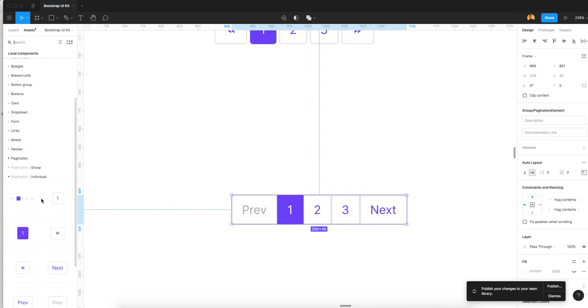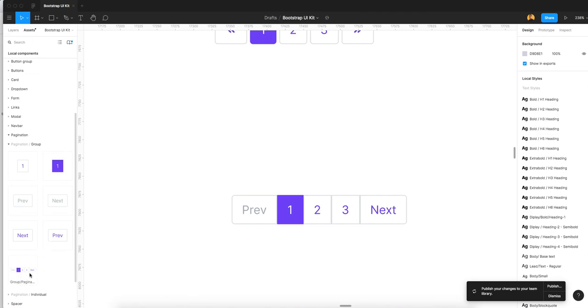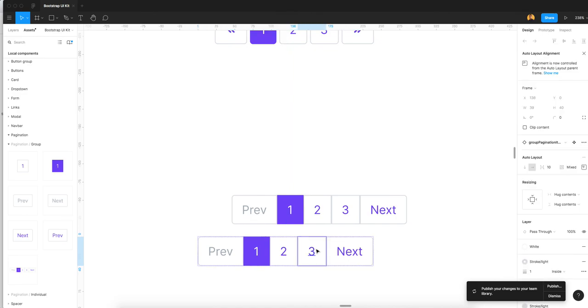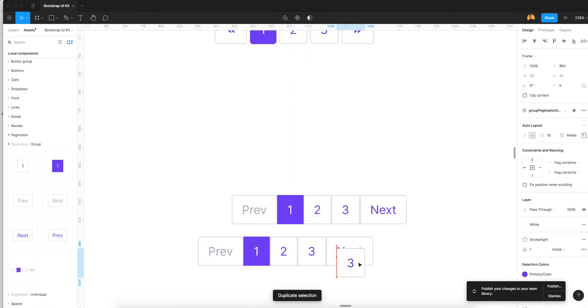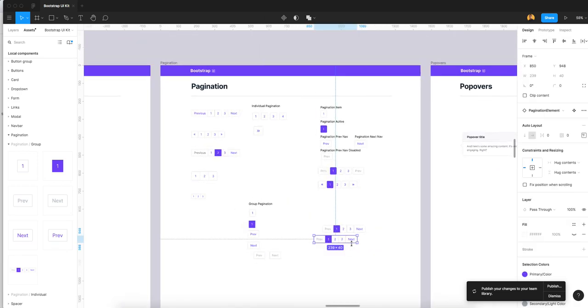You will find it to here. See, you will group and entire pagination build it with this. Now just drag and you will use in your design. I duplicate it, but it will not work in this. I don't get it why it's not working, but it will be created easily for your pagination for this now.